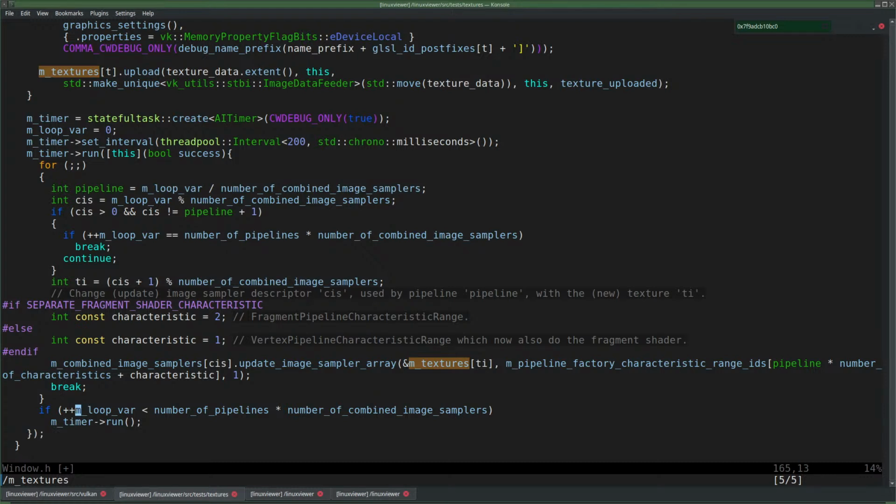So the next time we enter here loop_var is 1 higher. Which means that pipeline is still 0 and sys is just 1 larger, and then loop_var is incremented again until it equals